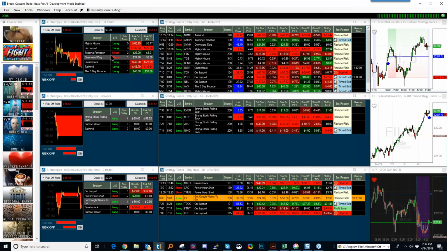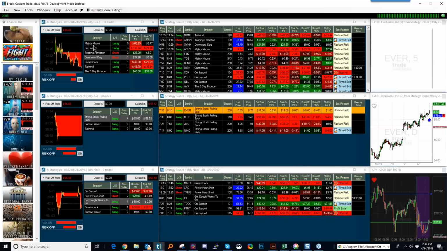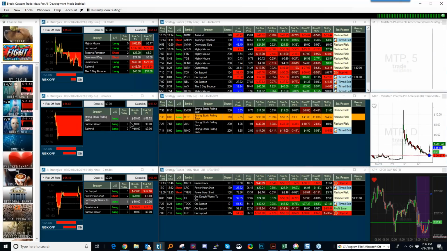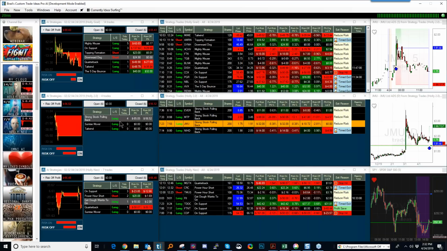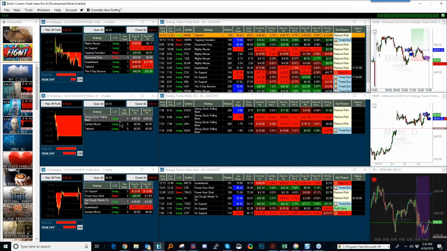And at the end of every day, the AI is going through each one of these segments and refining each individual strategy. That means the Mighty Mouse strategy inside of the Holly segment is going to be different than the Mighty Mouse inside of Holly 2.0. So if the Mighty Mouse strategy is called in both these segments tomorrow, it's possible that it may generate the same symbol, but it's more highly likely that it's not, just because the optimization process is unique with each one of these segments.